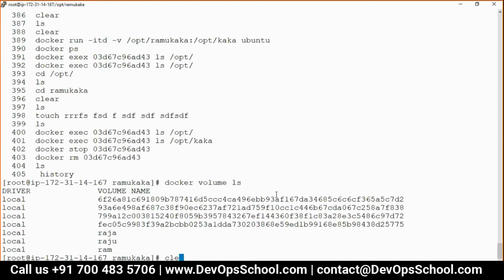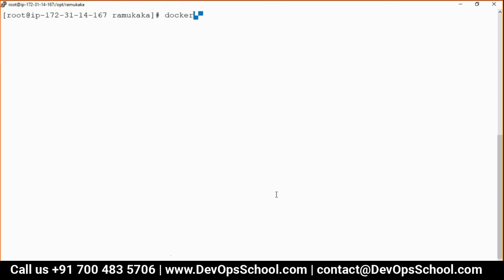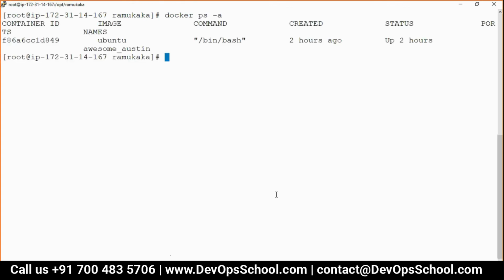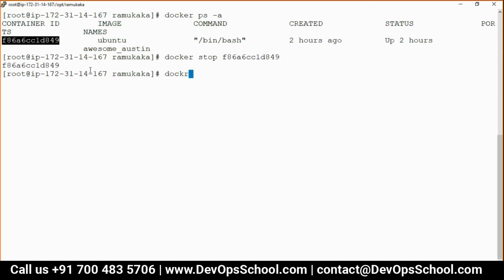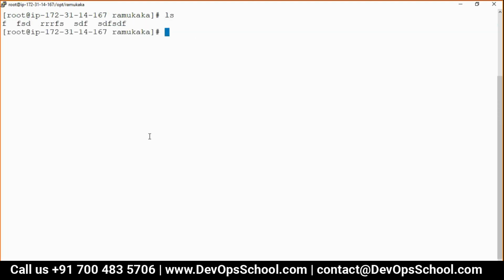Okay guys, what I have to do is docker ps. I have only one container. I'll stop this container, and I am removing this container. So I stopped the container, I removed the container. You see that I have no container.